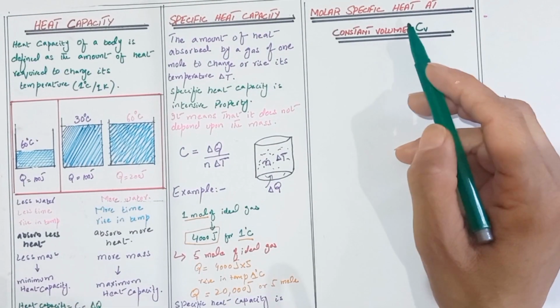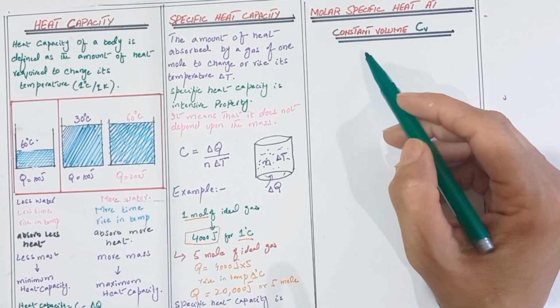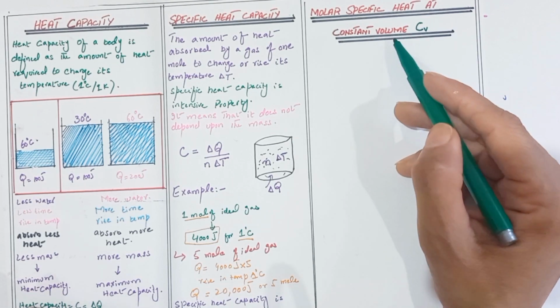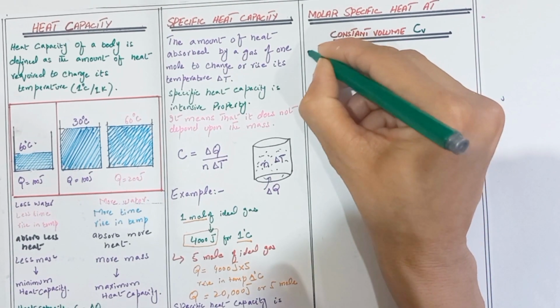Now we discuss the molar specific heat at constant volume. Here we can raise the temperature of 1 mole of an ideal gas by 1 degree centigrade by keeping the volume constant. So here we write the definition: